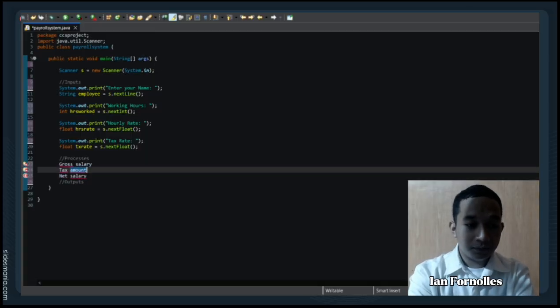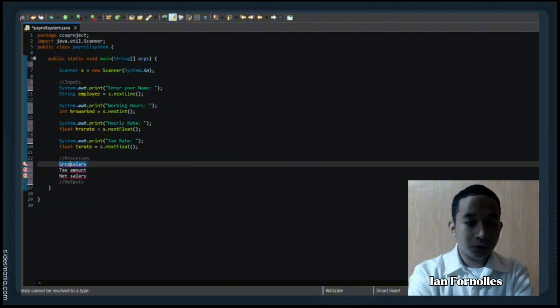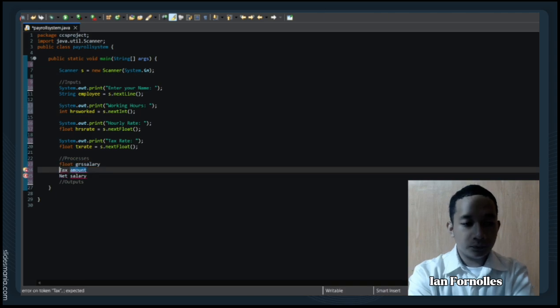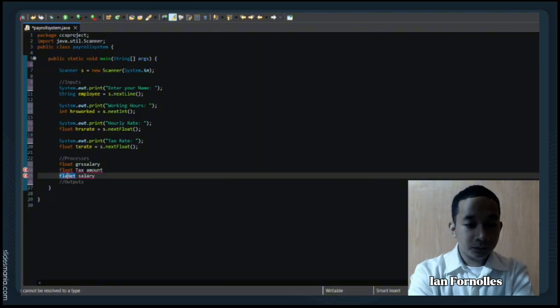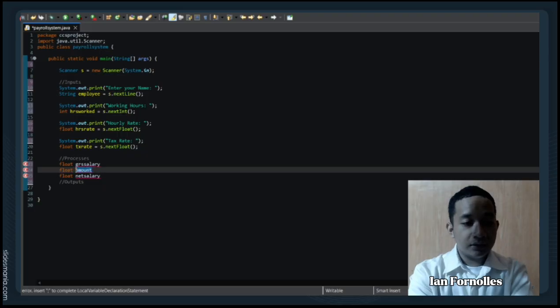Again, we're going to simplify our variables so we don't get confused. Then we're going to put float on all three of them, and once that's done, once we have simplified our variables,